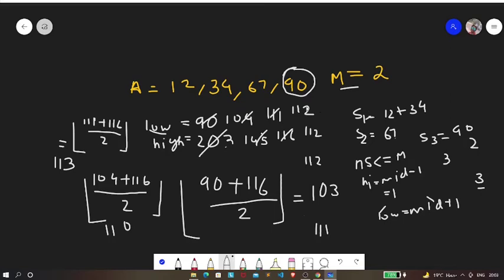And then again we need to update our low to 113. Now when our high becomes less than low, in that time we are going to terminate from the while loop, and our answer will be 113.